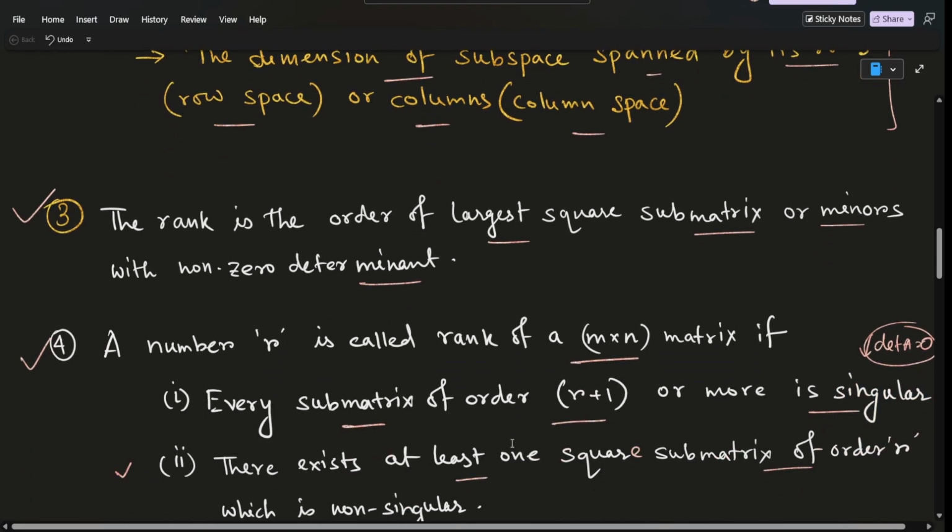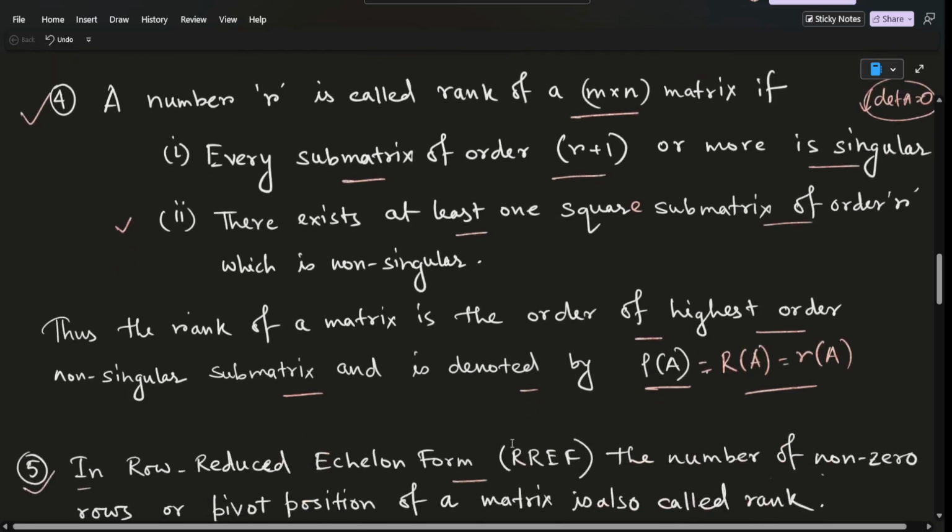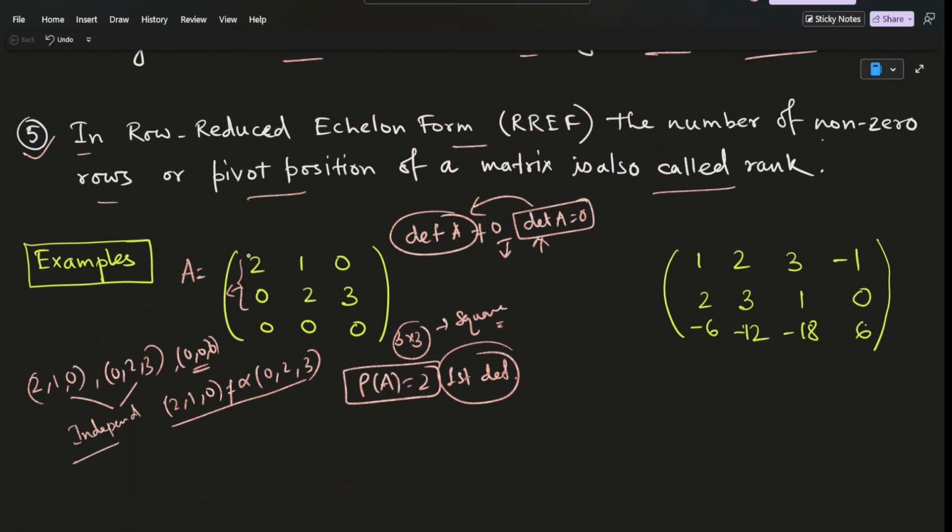Next, the third definition is the rank as the order of the largest square submatrix or minors. See, here we can get a square submatrix like 2 1 0 2. So this is a 2 by 2 submatrix. 2 is a 1 order submatrix. Okay. If you take any single element, a 1 by 1 matrix, then it may be 0, it may be non-zero. So it doesn't matter, finding the element of order one has no significance. Now if we see this 2 order submatrix,